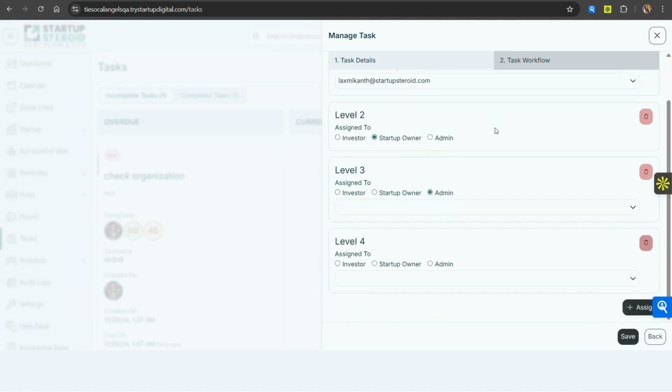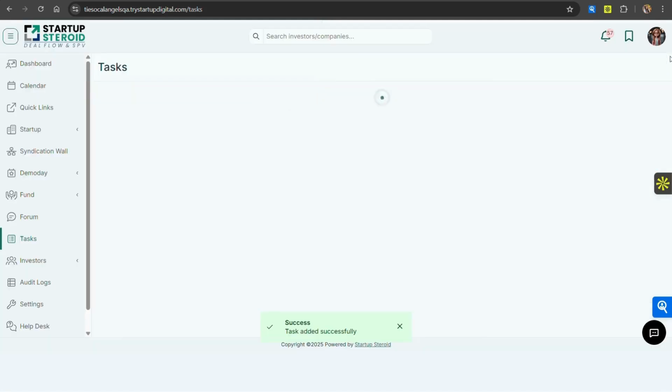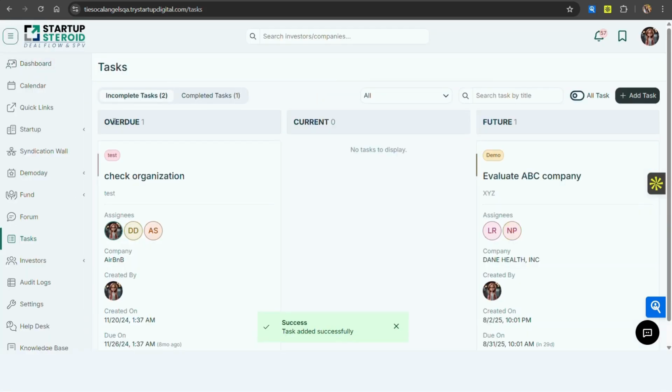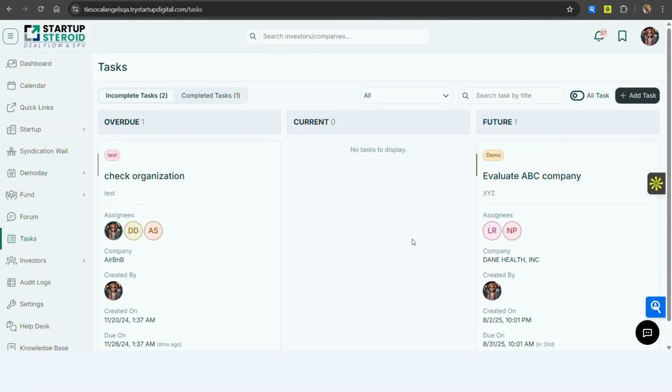Once I have made all the required updates, I can go ahead and hit save. This will then come under my task list. Whatever's overdue, I can see, whatever are the future tasks. This is the one that we had previously created. I can see who's been assigned to it, when is it due, and I'll get notified whenever it is my turn to complete this task. So again, you can use this as a reminder to yourself, maybe streamline your own processes.